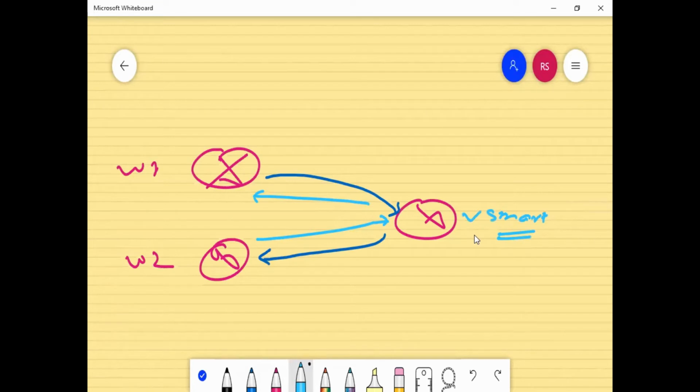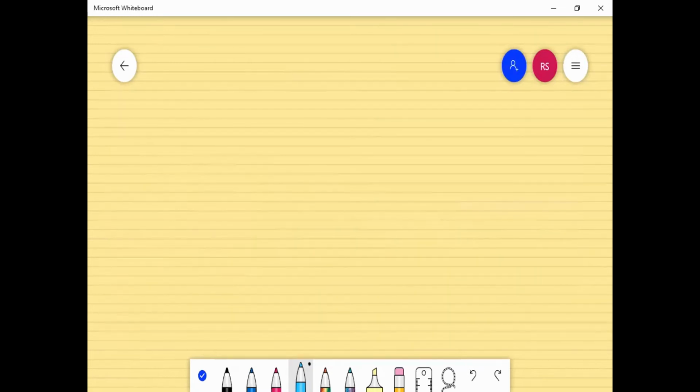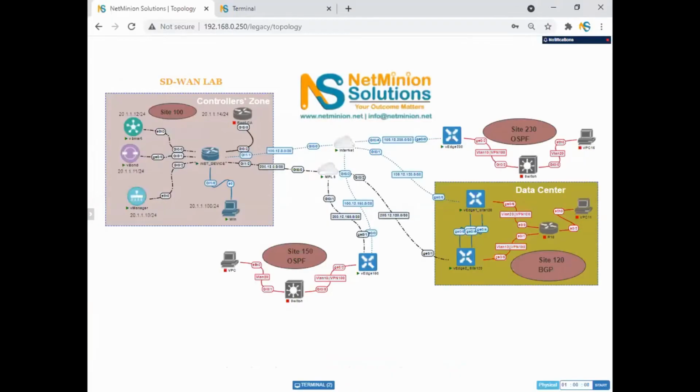Your two sides will not talk together in the form of the control plane, but in the data plane, which we will talk about later on. The control plane will always be managed by your vSmart only. So vSmart will have all of the information about the OMP peers. If I talk about our particular lab, let me bring up my lab. In this lab we have only one vSmart. That is perfectly fine, it's not an issue. And these are the WAN edge devices.